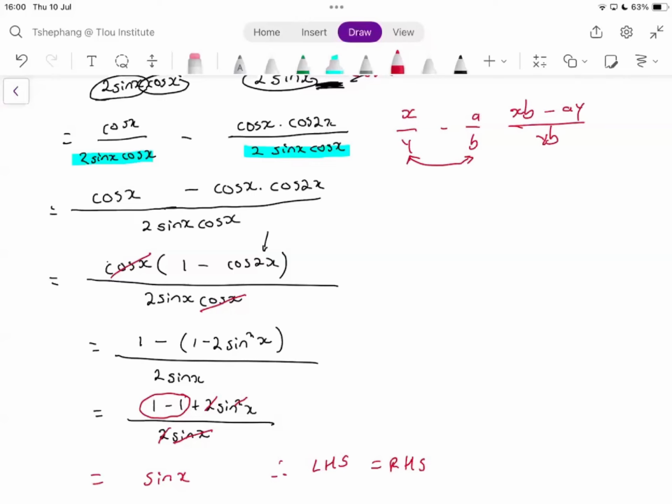Okay, why is it 1 minus cos of 2x? We took out this as a common factor. I always say to my students that reversible math is correct math. Remember, if we multiply this in, we're going to get cos. If we multiply it back here, we're going to have cos of x multiplied by cos of 2x. So we took out a common factor from the top. Okay, I think everyone is covered now.